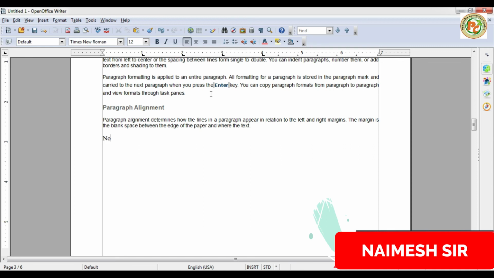For example, here we are going to write number, then press the tab key, name, then salary, and then department. Then press 1, then name.